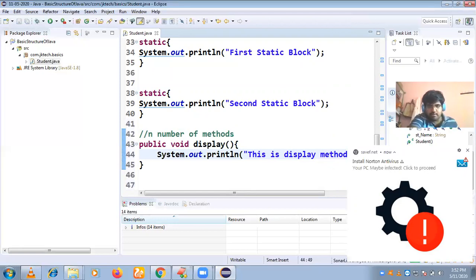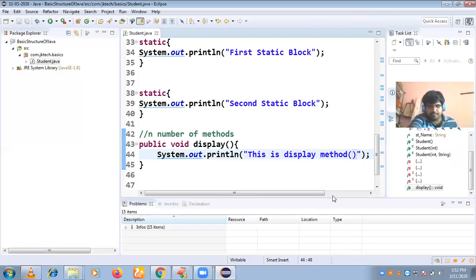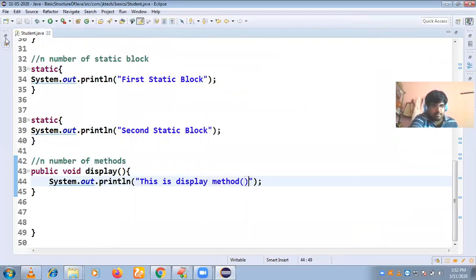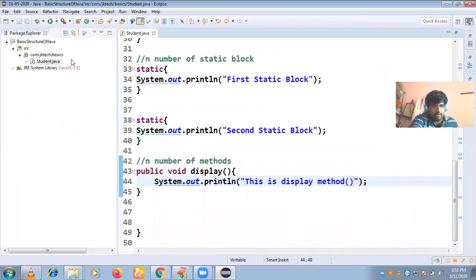This is the display method. And one more class I'm going to create.